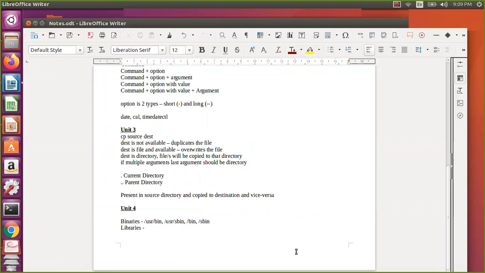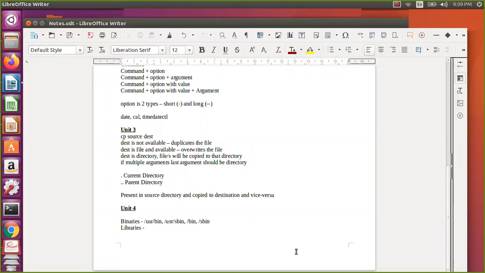The next thing is libraries. Libraries are a collection of object files. An object file is the low level representation of high level source code. Let us assume I have a C program, which is high level, so you need to have a low level form, and that is nothing but an object file or executable. Executable means you have the main program, where the execution starts. A library is a collection of object files, and you can use that library in any application.